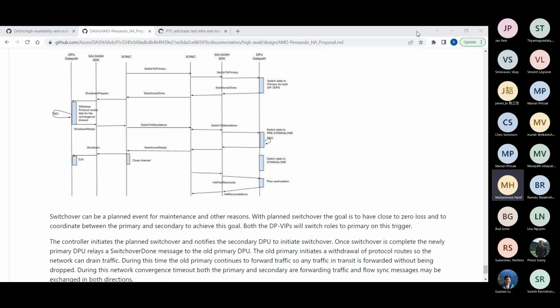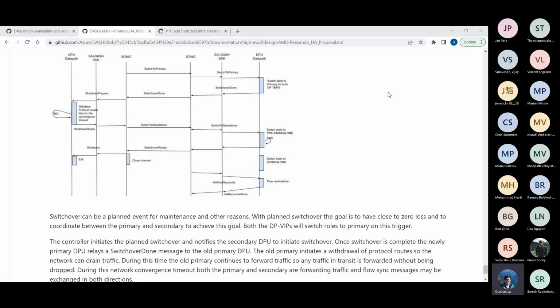The part where you have to wait for the traffic to drain, and then what happens? Sorry, I have a question before that. Valky, I think what you said is once it starts getting new flows. Sorry, Suresh, I have a question even before that. This pre-standalone, I cannot find it in the HA state machine.